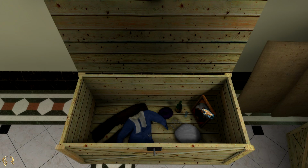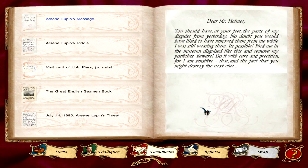I think it's the painting by my great-uncle. Look, there's a paper attached. Yeah, don't miss this. Dear Mr. Holmes, you should have at your feet the parts of my disguise from yesterday. No doubt you would have liked to have removed them from me while I was still wearing them. It's possible. Find me in the museum disguised like this and remove my